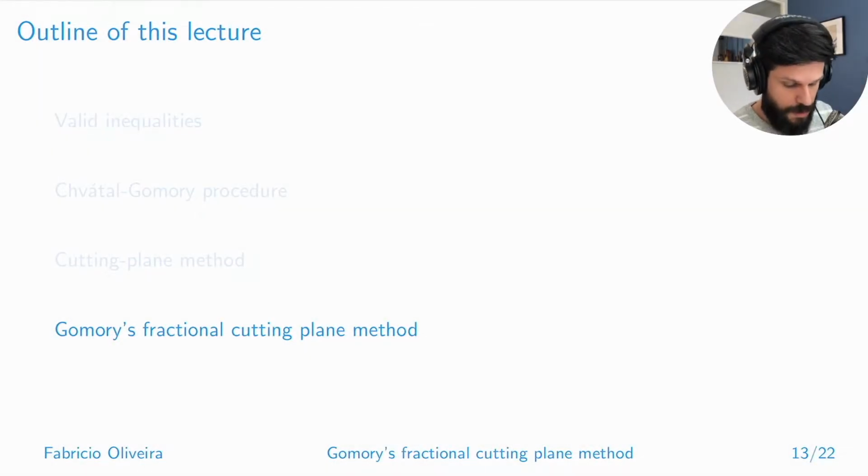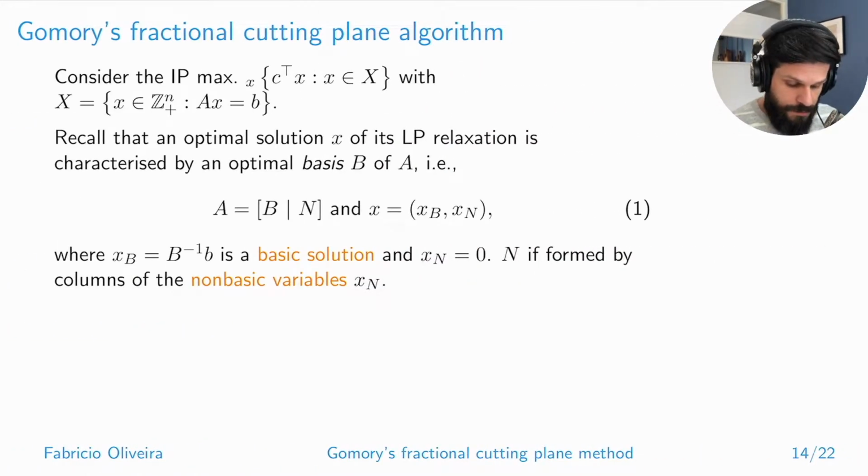Hi. So now let's have a look at what would be the Gomory Fractional Cutting Plane method, being one example of a possible cutting plane method for LPs, for IPs. Right, so once again, let's look at our IP. Now I'm changing things slightly because we're moving towards the realm of the Simplex Method. So I'm putting the definition of my feasible set as a collection of integer variables that are non-negative,